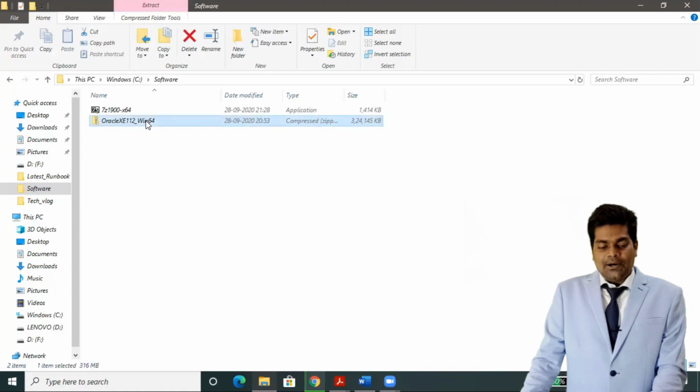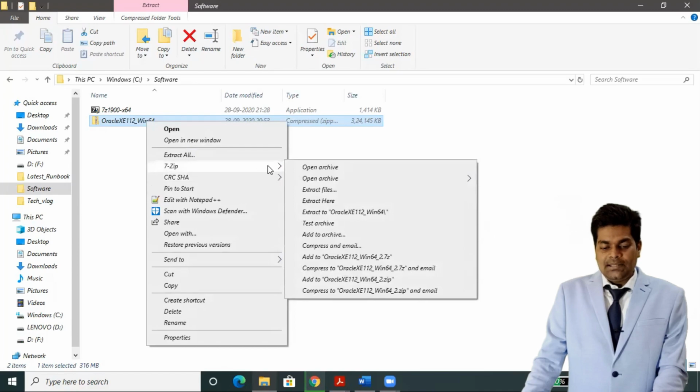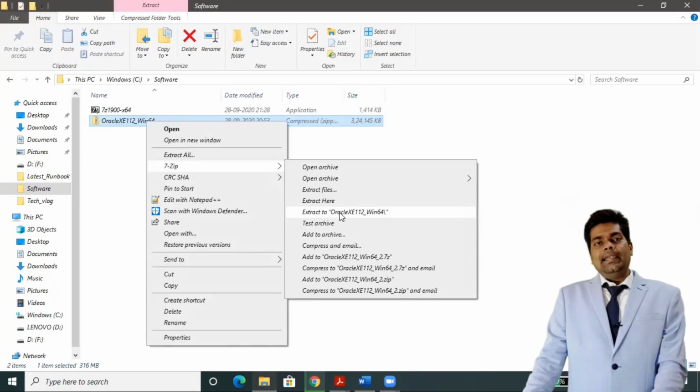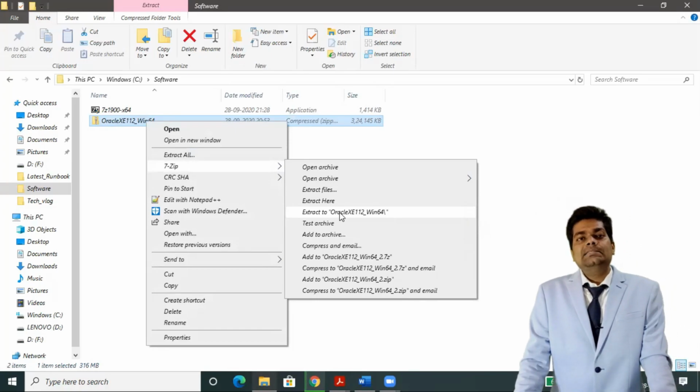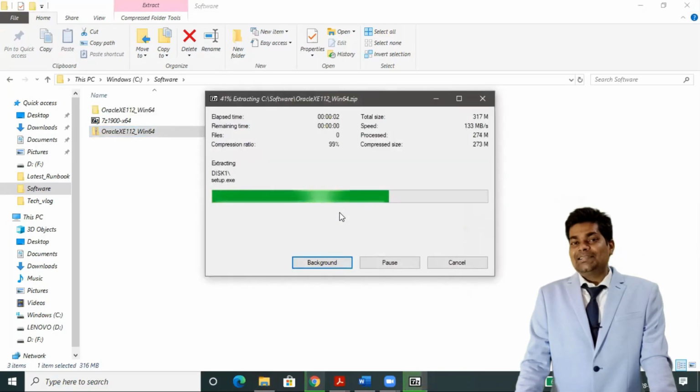Right click, go to 7-Zip, where we have multiple options. We will use Extract to OracleXE112_win64. It will create one folder and unzip all the files inside it. You can see it's pretty fast.